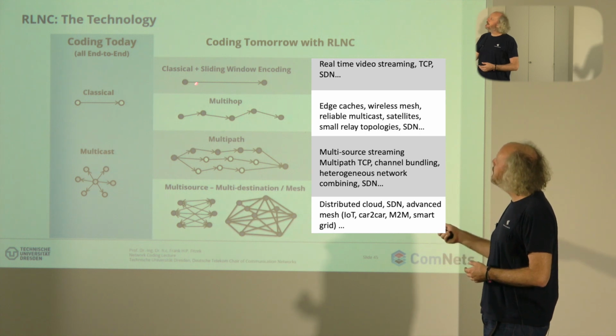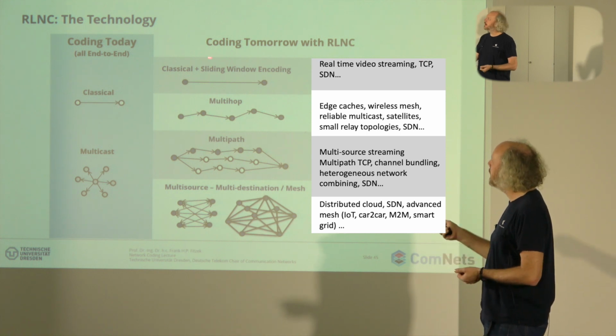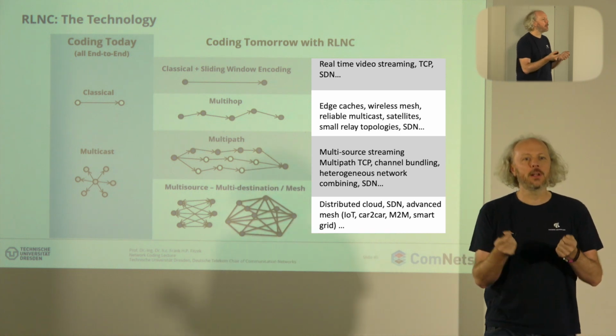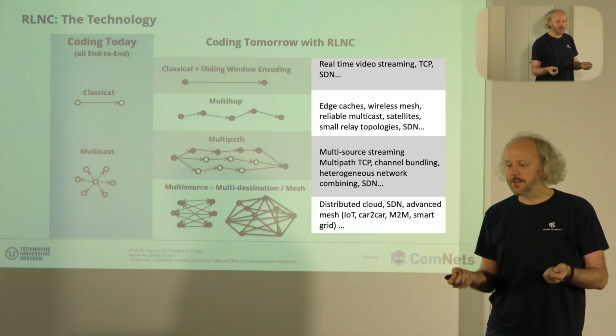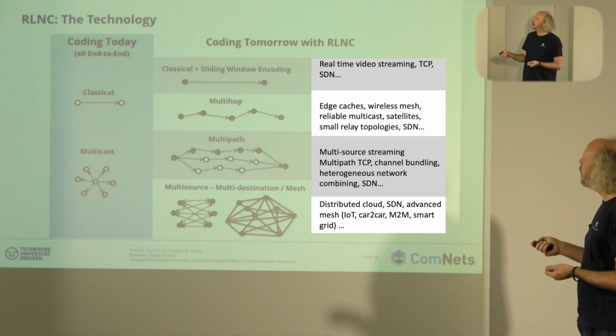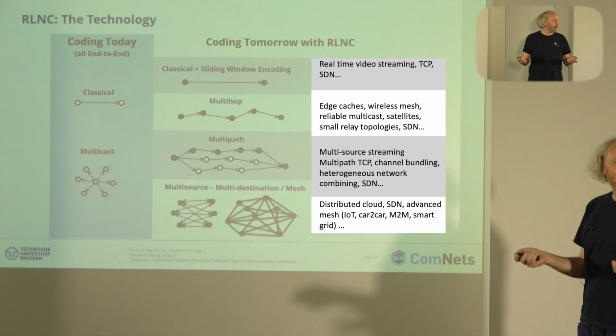And here, top here is point-to-point again. So what is the difference here? This is classical point-to-point without latency constraint. But if you think about point-to-point for TCP, for example, in IETF they are now talking about QUIC. QUIC is a new form of a transport protocol. They also look into coding. And there are a lot of papers indicating that network code is really good for that, helping us to make the link reliable. TCP and QUIC like reliable, but they don't like latency. So how can we crack latency and resilience in one way? This is something we should have a look at.